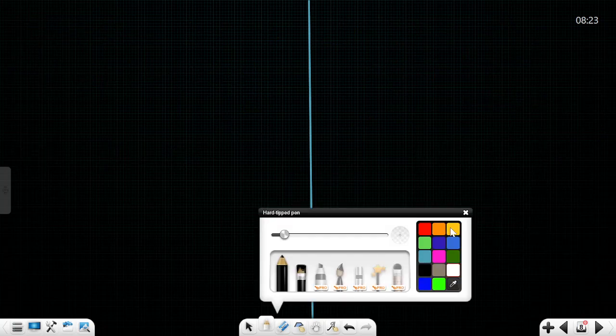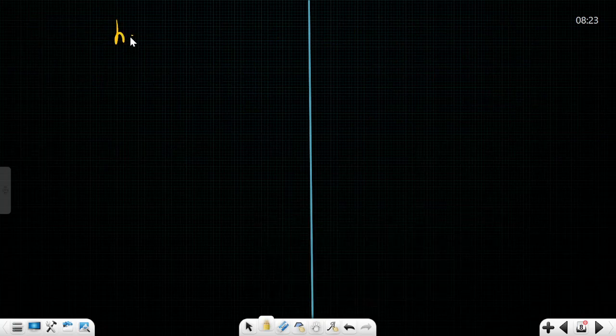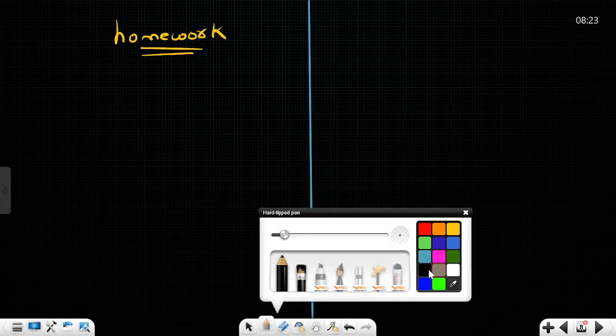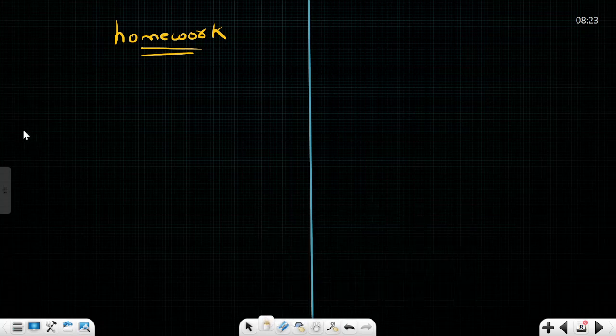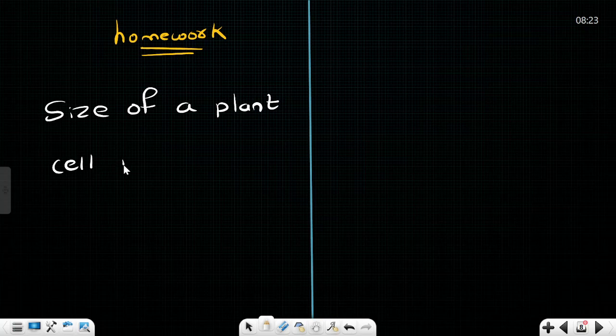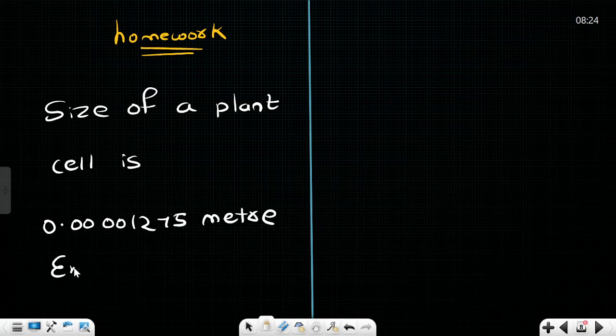One homework question I am giving from here. Many homeworks are there in this because I want you to practice it properly. Size of a plant cell is 0.00001275 meter. Express it in